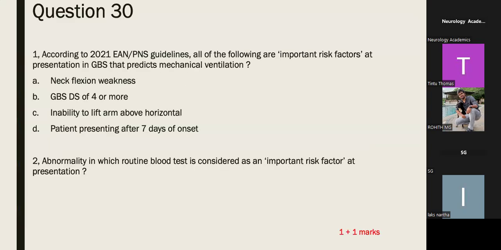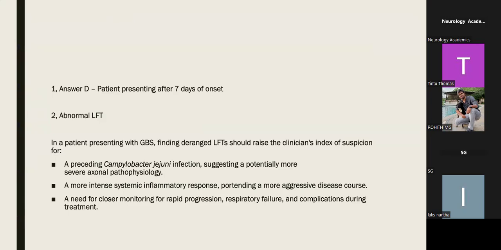So the answer to the first question is a patient presenting after 7 days of onset. And the answer to the second question, which blood routine is considered an important risk factor at presentation, is liver function test. The reason why LFT derangement is considered